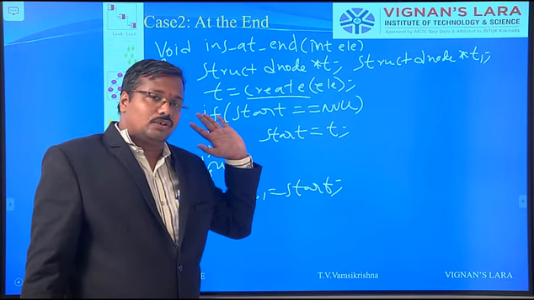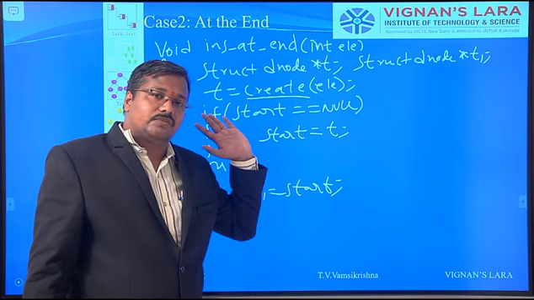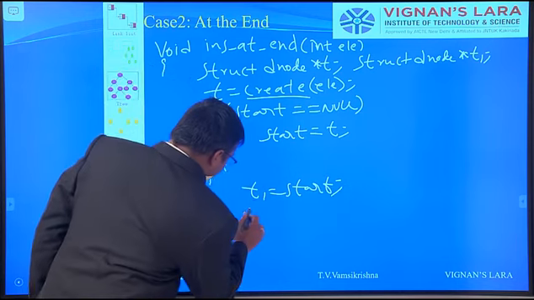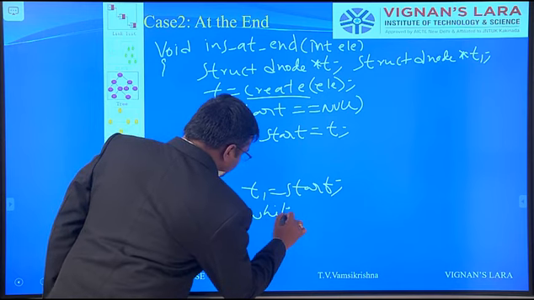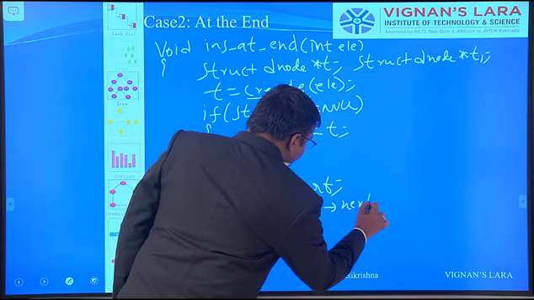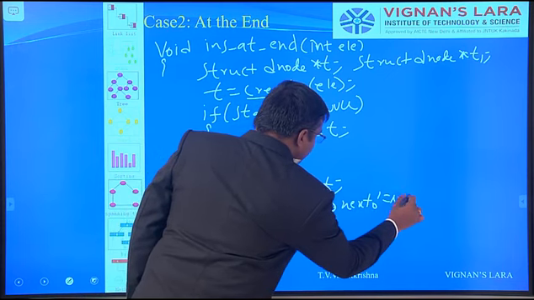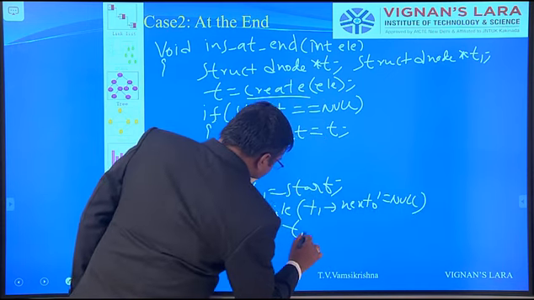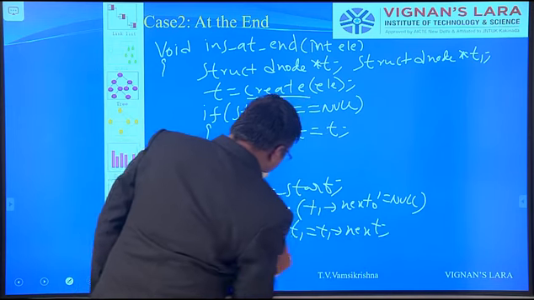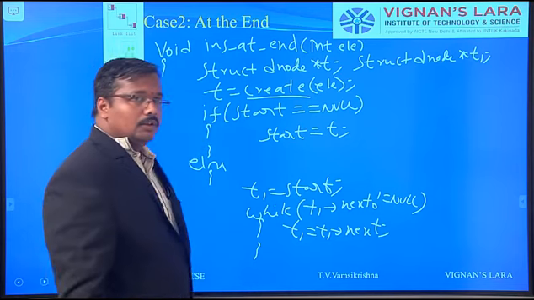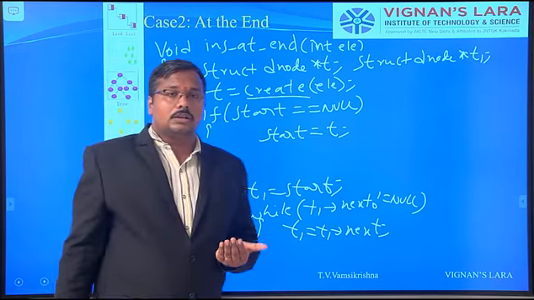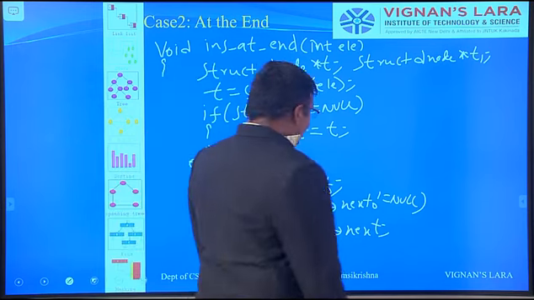How to find the last node address? The last node's next field consists of null, which specifies the end of the list. So while t1 of next not equal to null, t1 is equal to t1 of next. So when I get the last node address,